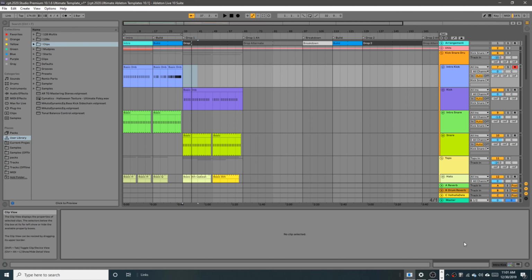Hey guys, it's Captain. Today I want to show you real quick how you can install the user library that comes with my templates into your own user library, or how to use it from within the project if you prefer that. So real quick, just open up any one of the templates, or if you're using an older version